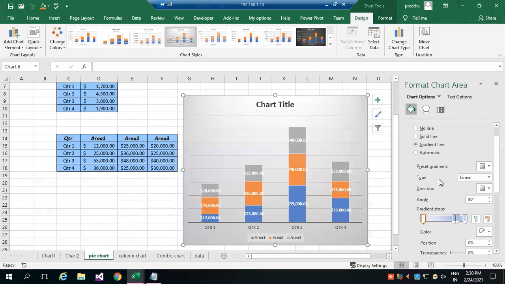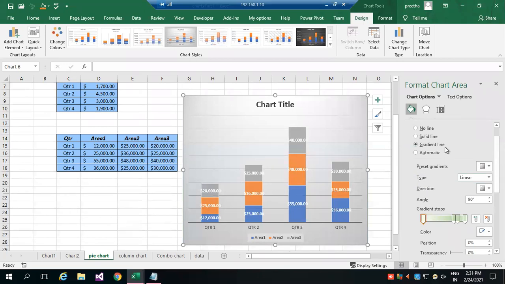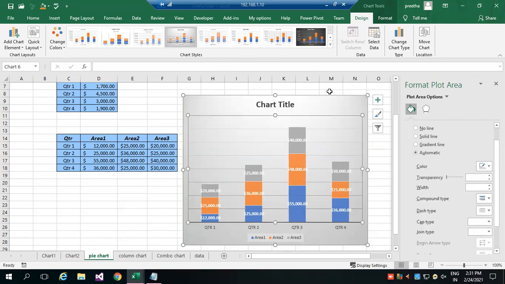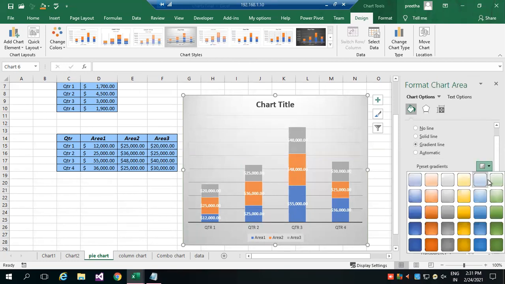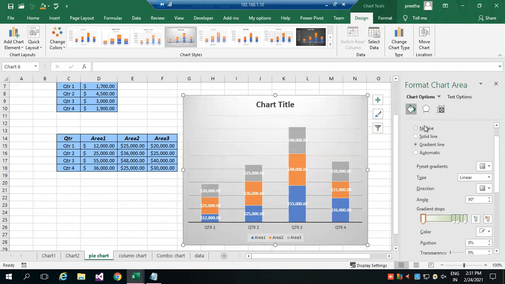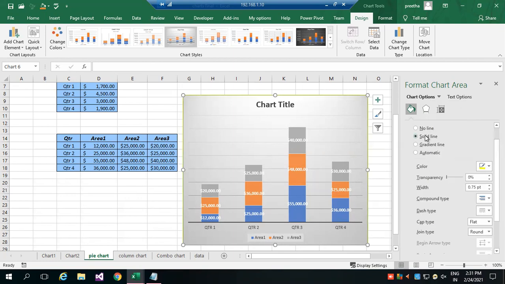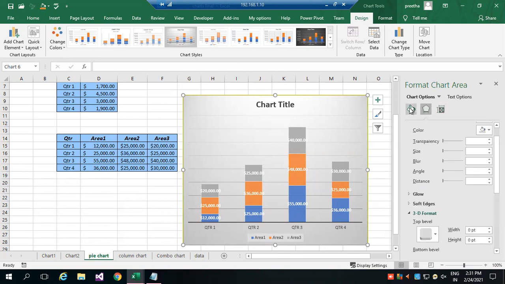So I'd like to take a different color. It's not getting altered, no? Double click. Okay. I have to select fill.